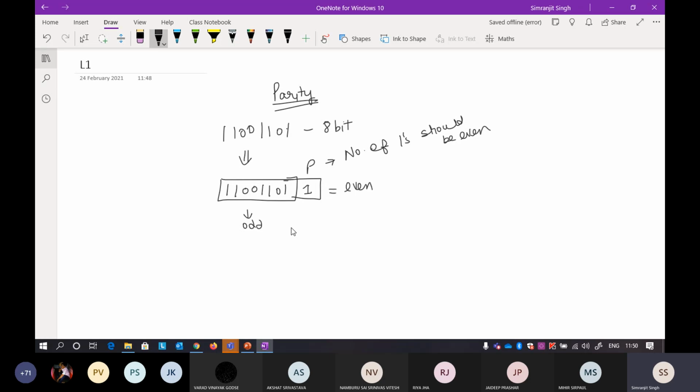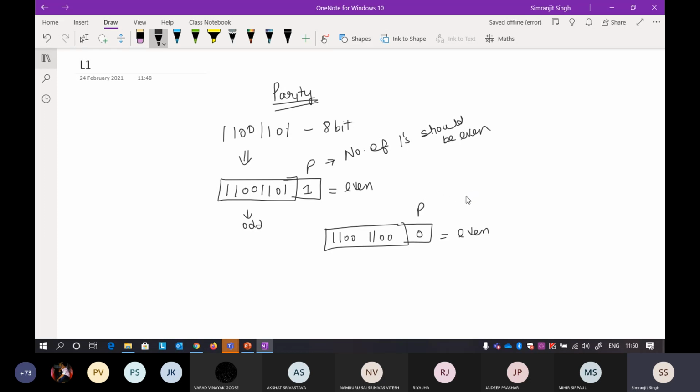Okay, if your data is something like this, 11001100, what parity bit do you add here? 1, 2, 3, 4, because it is based on even parity, that is already even, so you add a 0 here to make the whole packet even parity. Okay, so that is how your parity bit works. You only have to make the parity even. So this particular parity bit field will decide if it is odd or even.